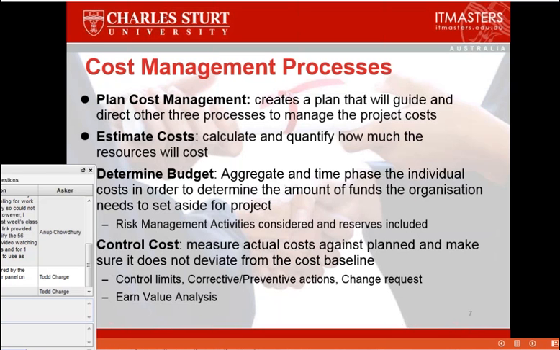A very important part of cost management, and probably one of the hardest elements in terms of your preparation for the exam, is called earned value analysis. Hopefully by the time we've looked at that this evening, or whatever time of the day it is where you are, you'll have a better understanding, and you'll realize that maybe it's not nearly as difficult as you thought it was.